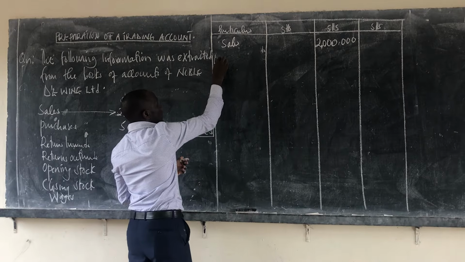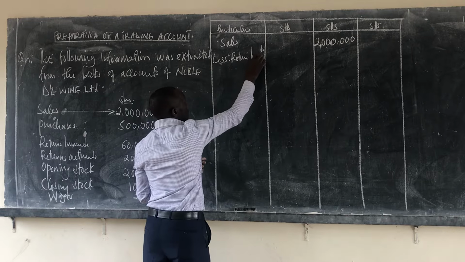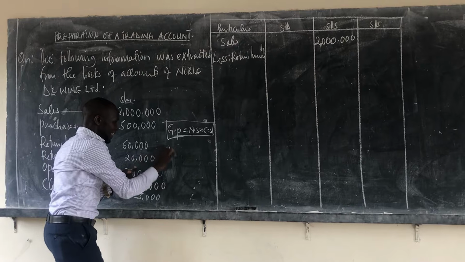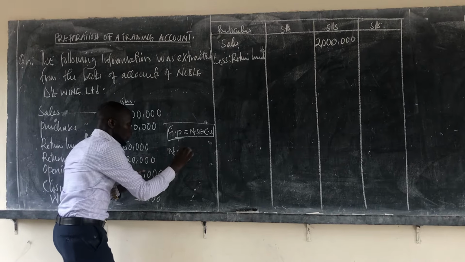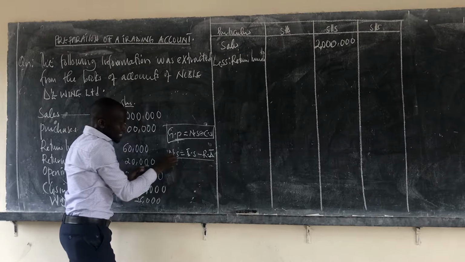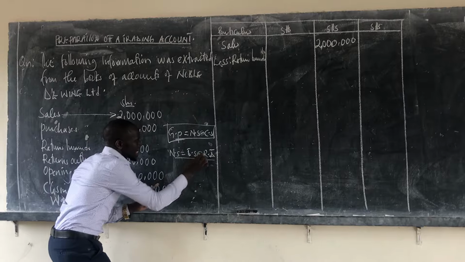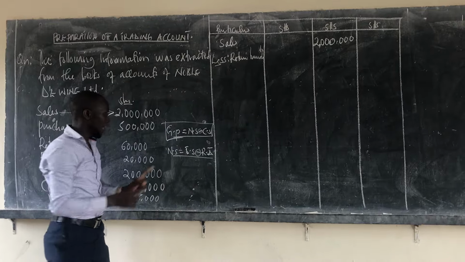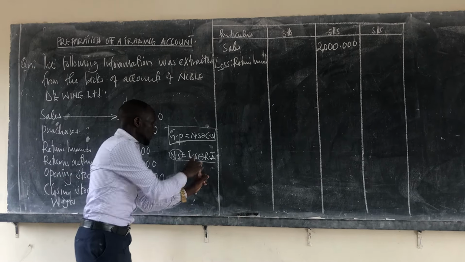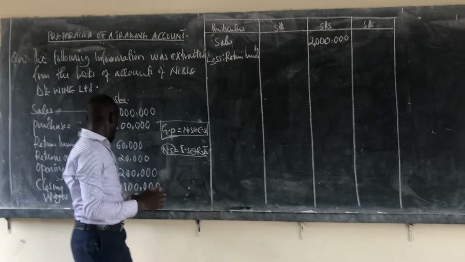Less returns inwards. So remember when we are doing the format, we say net sales is equivalent to sales or total sales minus returns inwards. This formula is what I'm putting in a table. So replacing this negative with the word less, we are going to get the net sales because we have the total sales here. We have the less, the negative, and we have the returns inwards given to us as